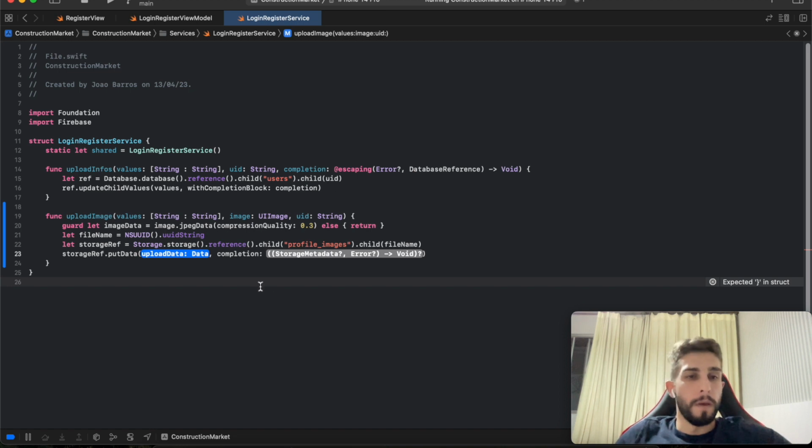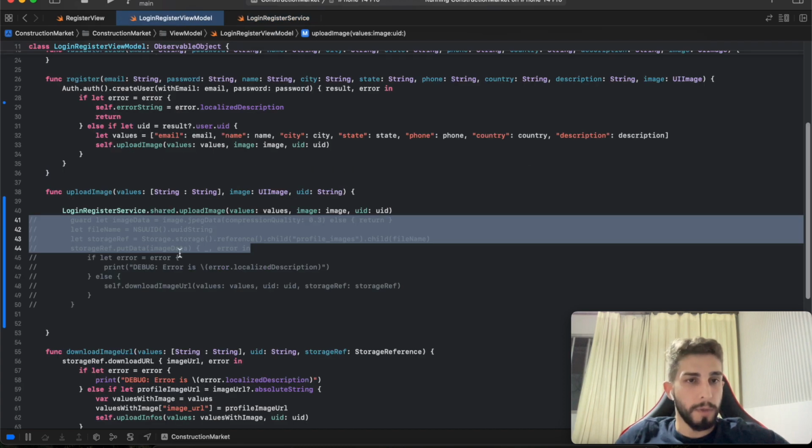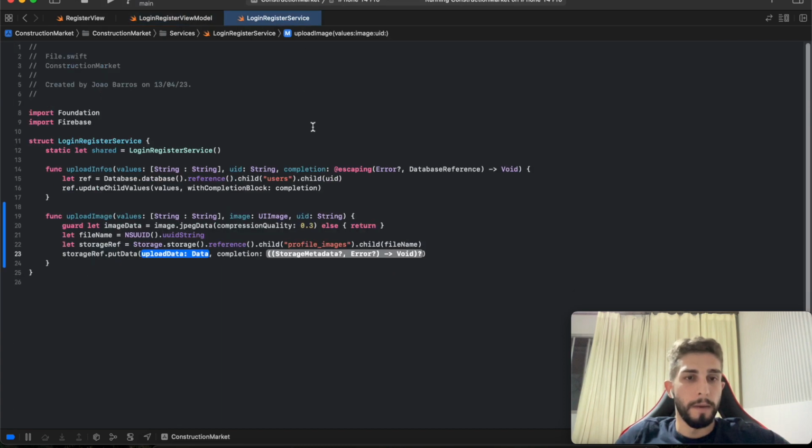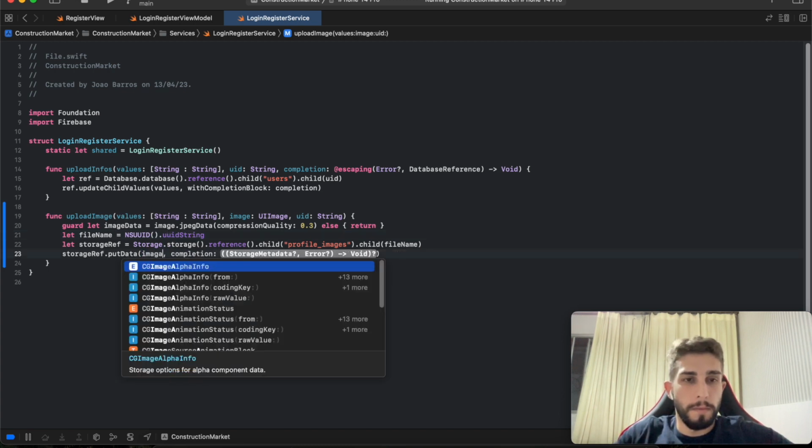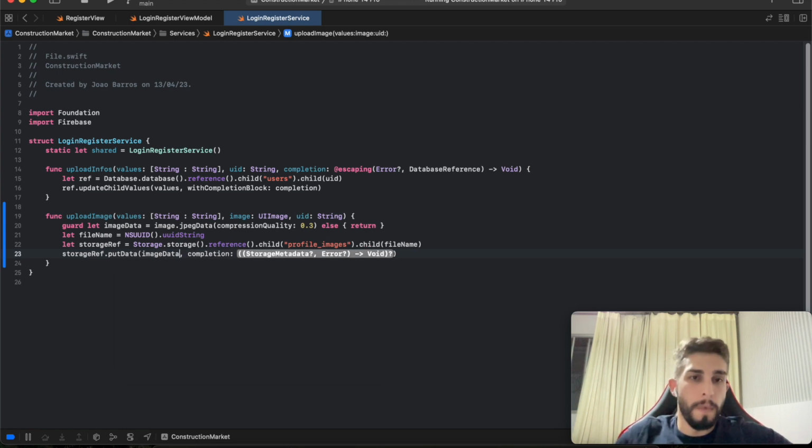So let's put the data here. Like in the previous project, I'm gonna pass my image data here, and my completion needs to match this completion here. So I'm gonna write here completion, escaping,